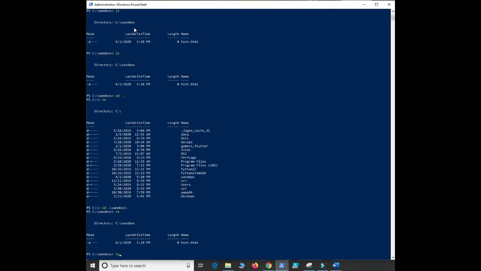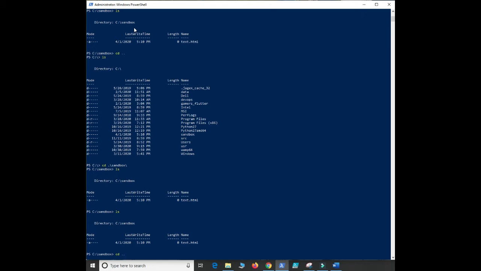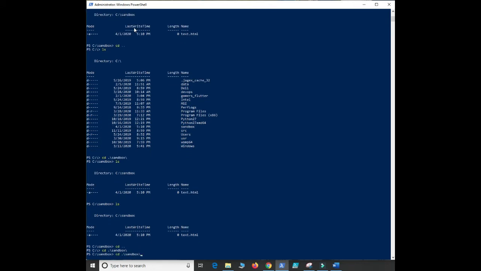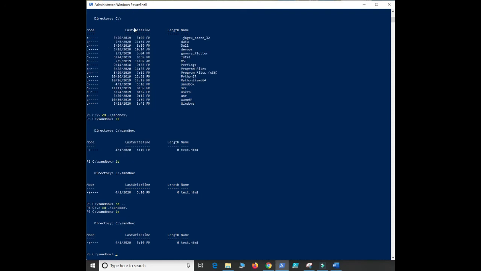If you press up on your keyboard, you'll go back to all of your previous commands, right? So if I want to ls, I can just press up. If I want to cd out, I can do that. And then if I want to cd into sandbox, you can just click right back in there. So this actually gets rid of a lot of the typing that you have to do. It can be finicky inside of terminal sometimes because everything is very particular with the syntax or how you're typing things out. So this can help you not get tripped up as a shortcut.